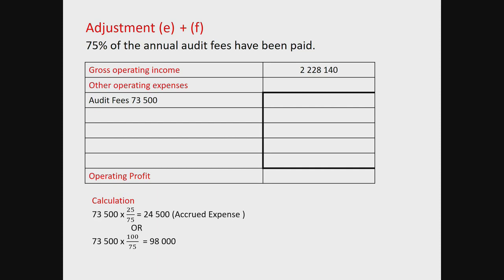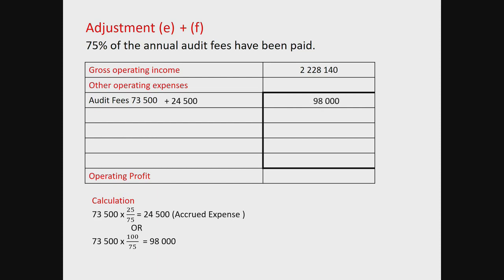So 73,500 times what we want, the 25, divided by what we have, the 75, gives me 24,500. It's accrued, so I have to add. If I take the 73,500 plus the 24,500,